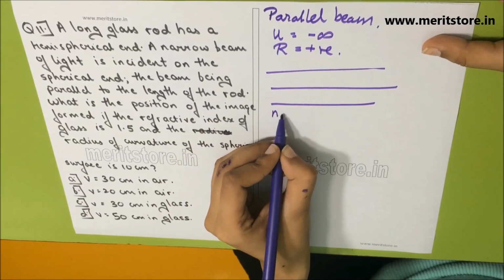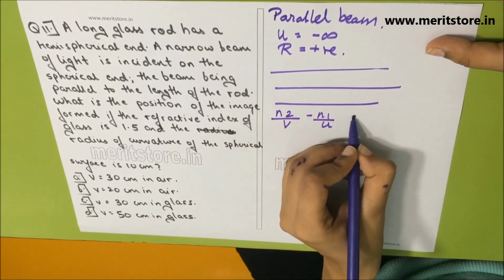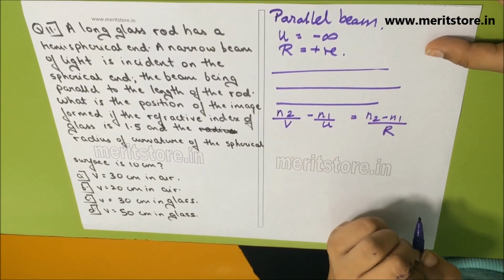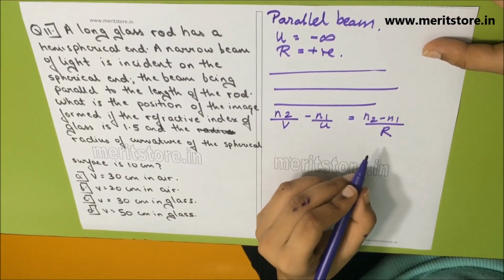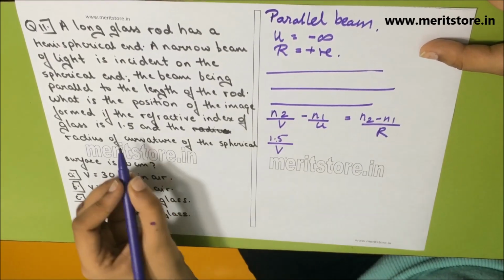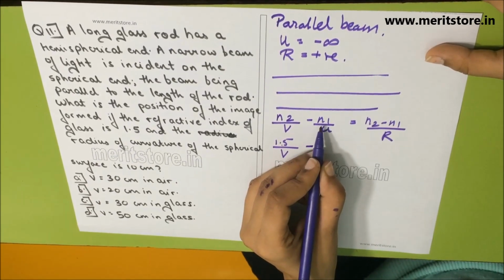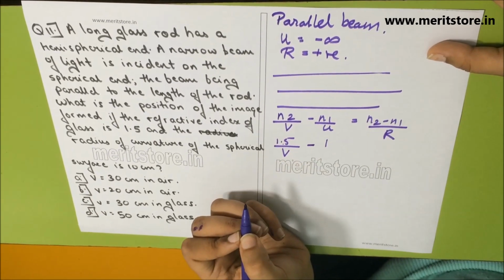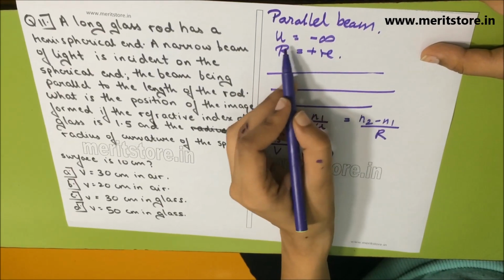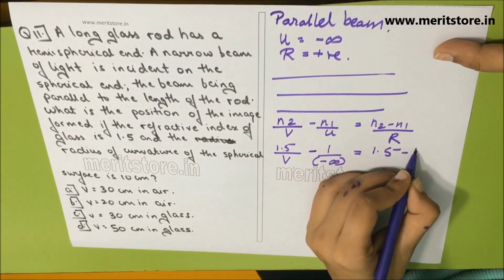Using the formula n2 upon v minus n1 upon u is equal to n2 minus n1 by R, we have to substitute all the values. 1.5 upon v, 1.5 is the refractive index given, minus n1, n1 is of air, that's why we take 1, upon minus infinity, instead of u we take the value of minus infinity,